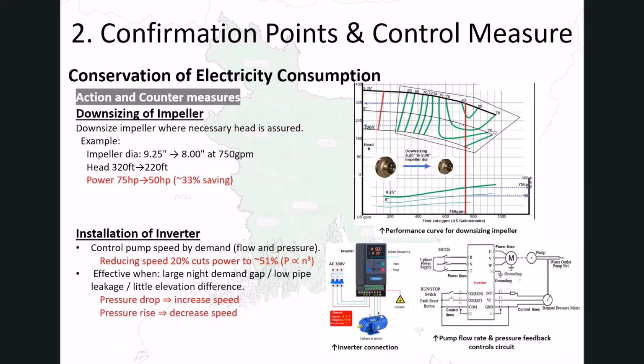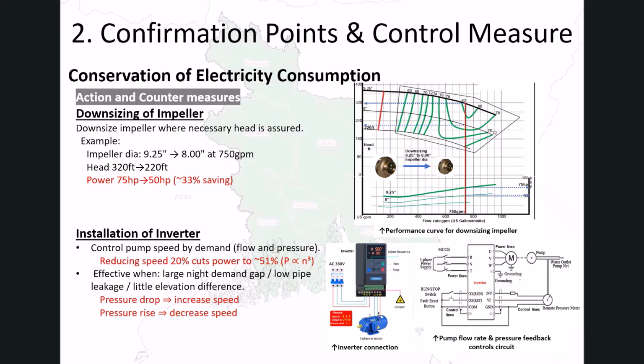There are two main countermeasures for reducing energy consumption: downsizing the impeller and installing an inverter. The first option is downsizing the impeller. By reducing the impeller diameter, you can reduce the head and power output to match actual demand without replacing the pump itself. For example, downsizing from 9.25 inches to